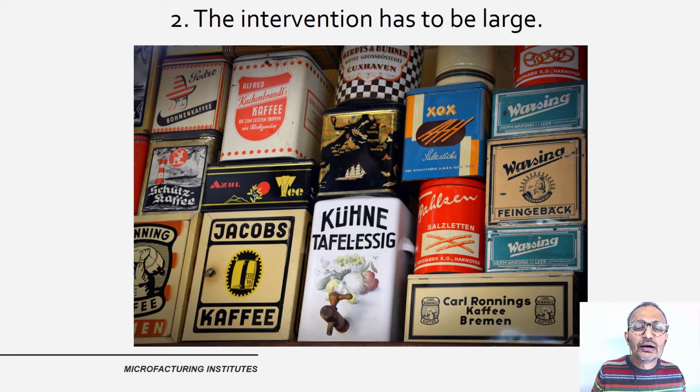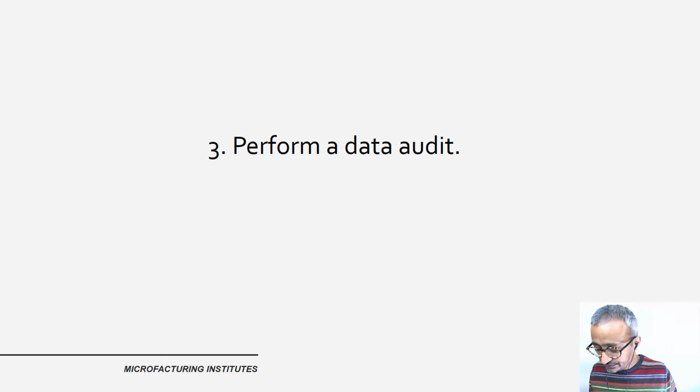So this is one aspect of where a large intervention has to be the case. Of course, perform a data audit. Once your intervention is identified, you need to choose what data to look at. Make a list of all the internal metrics, all the internal data related to the outcome you would like to influence, and when you need to do the measurements. And what do you expect to change, and what won't change as a result of the intervention?